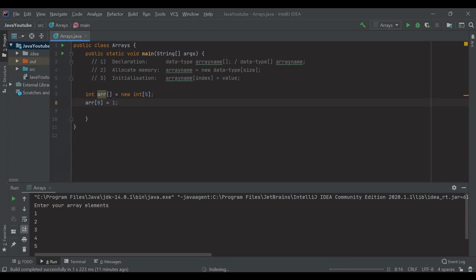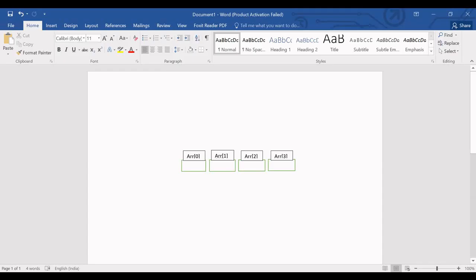Okay, I have specified array 0 is equal to 1. Now in arrays, we start from 0, 1, 2, 3, as I said earlier. So 1 gets stored in this block, array 0. These are the indexes 0, 1, 2, 3.